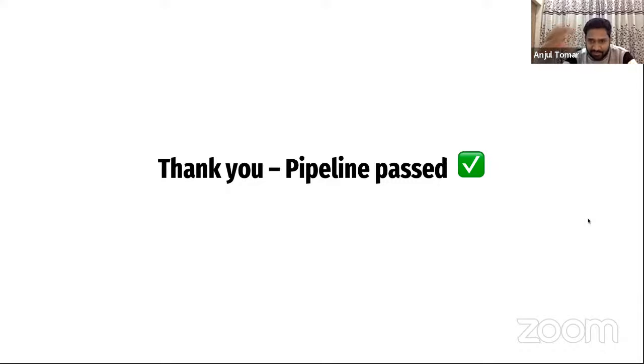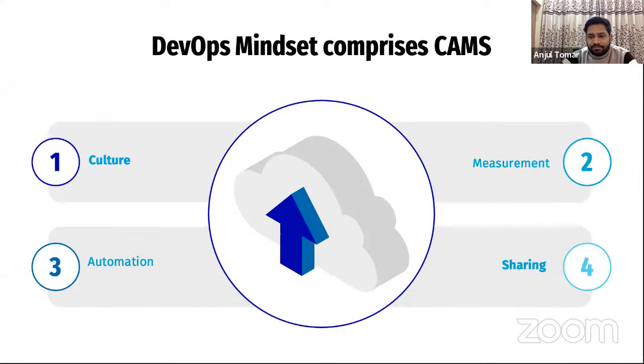You have to provision a server. Try to use some automation method. And most important of all, try to leverage the DevOps principles, like how DevOps works. What are the DevOps principles? Trying to bring a cultural shift. Whatever questions we are going to cover here, most of them will be related to the mindset and the culture. If you get the mindset and the culture right, it will be good.